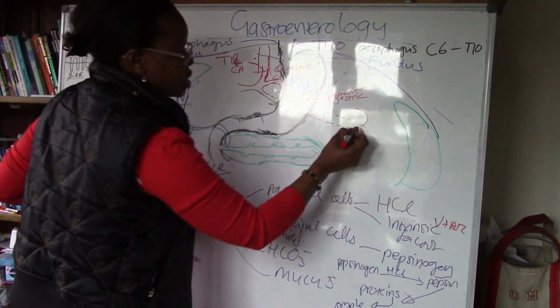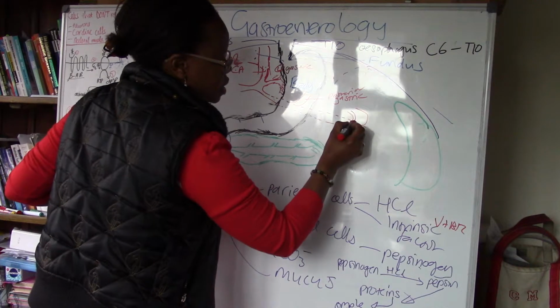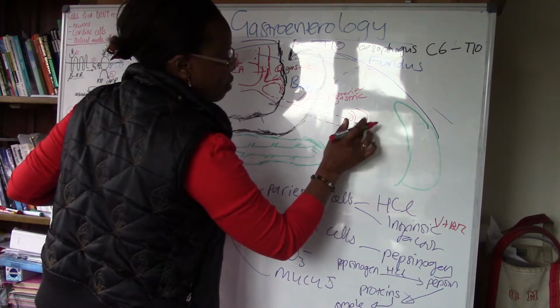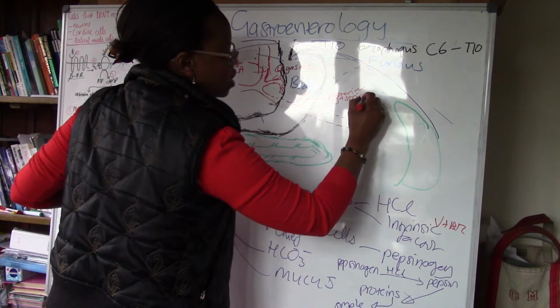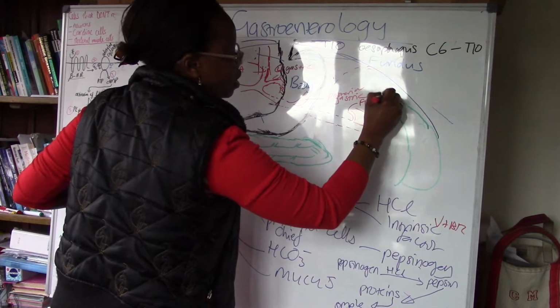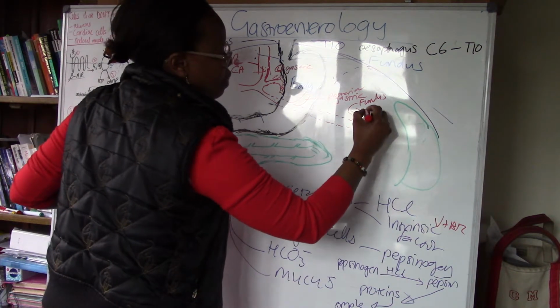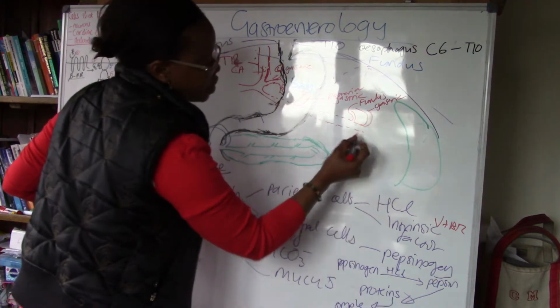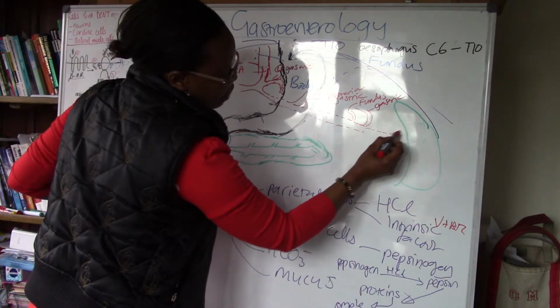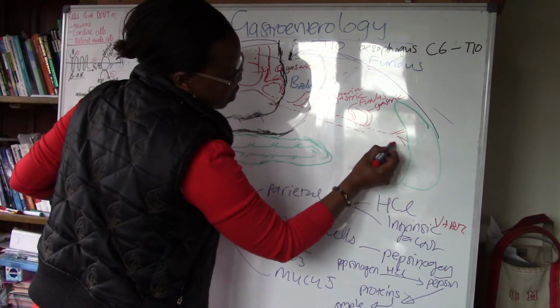I've stretched things out for illustration purposes. It will also give off a few gastric arteries, including an artery to the fundus of the stomach, and then a few other gastric arteries, and then it will give its branches to the spleen,